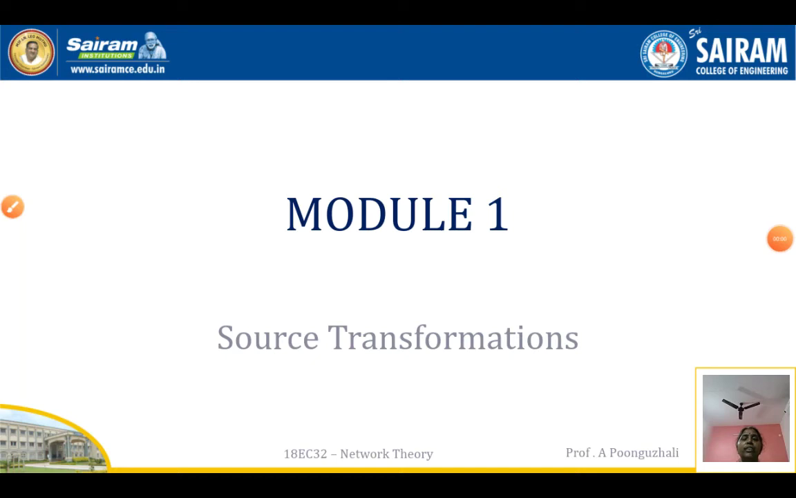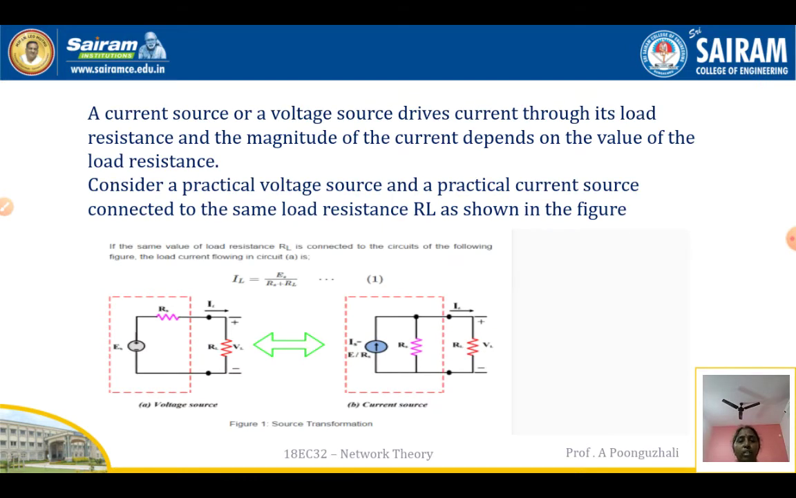Now we'll see, under Module 1, source transformation. Source transformation is whenever I have a voltage source, I want to convert that voltage source to a current source, or from a current source to a voltage source, we go for source transformations there. So we know that our ideal voltage source is nothing but a voltage source in series with a resistance R